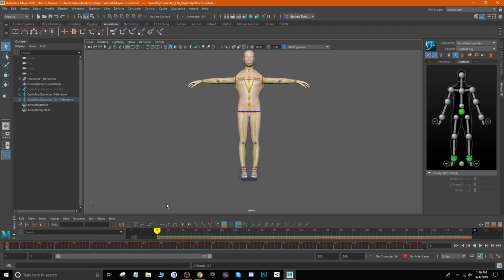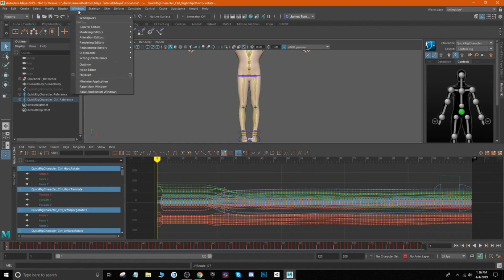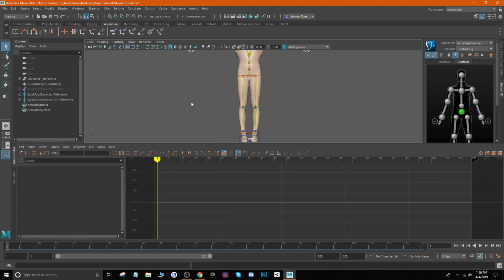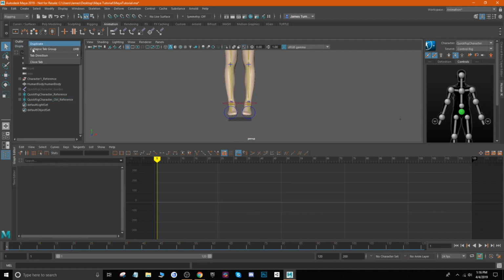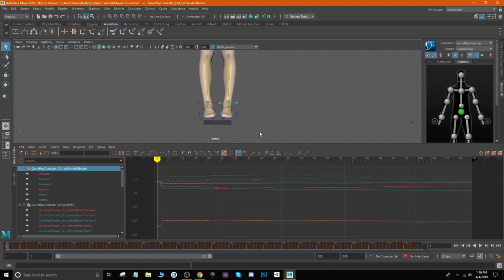So let's go ahead and bring up our graph editor, which is actually already open, so we'll drag this up here. If your graph editor isn't currently open, you can find it under Windows, Animation Editors, and then Graph Editor. And so this is the graph editor. Let me go ahead and close our outliner. But you can select each of the controls, and then you'll notice that you can see the graph for that specific control,